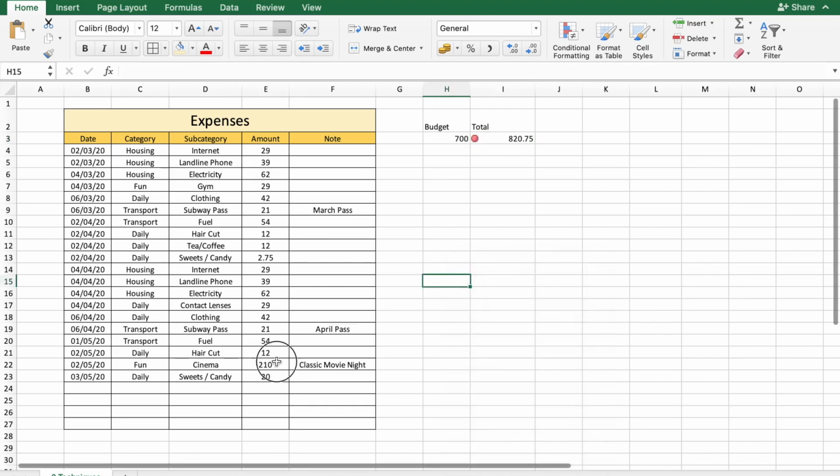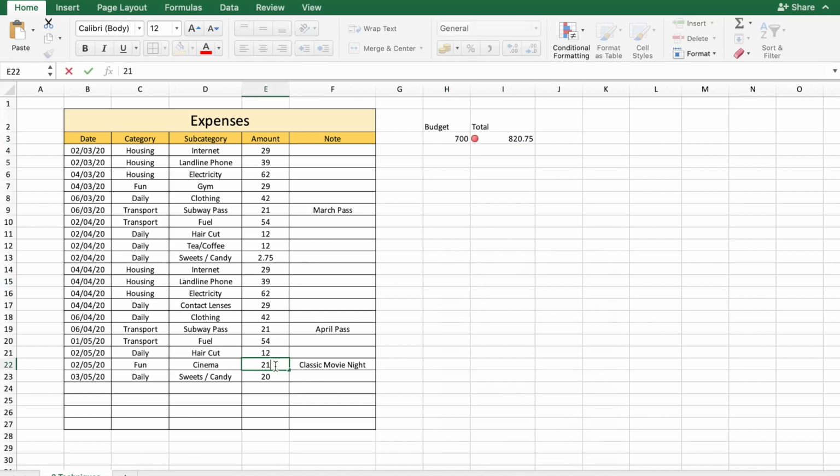Let's say that now I change this to 21. So you get a yellow dot, which is greater than 50% of the budget but less than 100% of the budget. And let's say I just change the budget right now to 1400. The midpoint of that is 700. There. The total now is less than 50% of the budget, so you get a green icon. Using this icon sets, one can check multiple conditions with reference to a value.